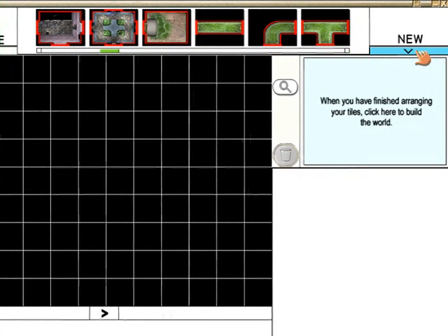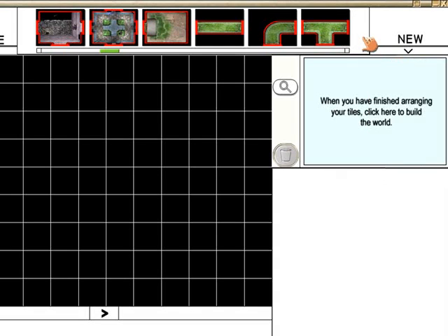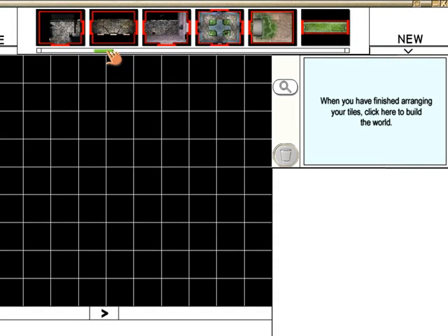Here under the new drop down menu you've got things like location, props, active props, special effects, door, pickup, character, trigger volume, media and rule. And these are all things that you can again add into your game to add a different level of interactivity. So without confusing you too much, first of all I'm going to go and choose a